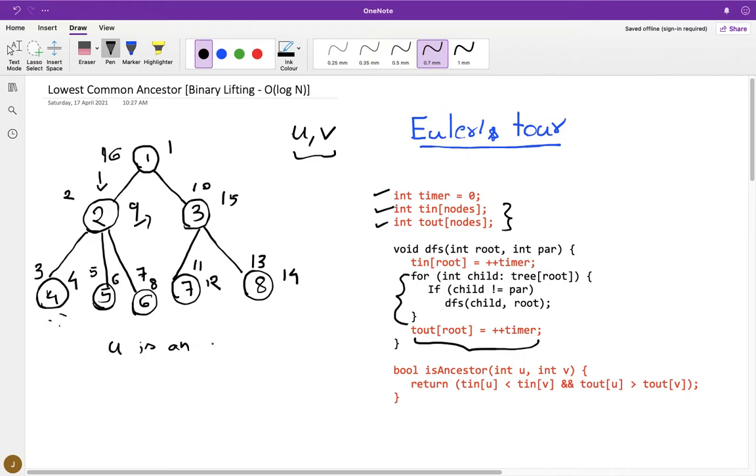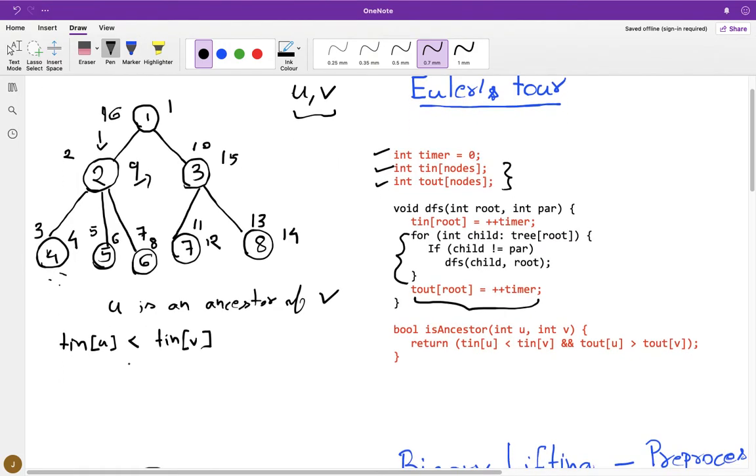If I say that U is an ancestor of V, that means the in time of U must be less than the in time of V, because during the DFS call you entered the node U first. Similarly, after the DFS call happens, you exited V first, you exit from the subtree first, and then you exit from the node itself.